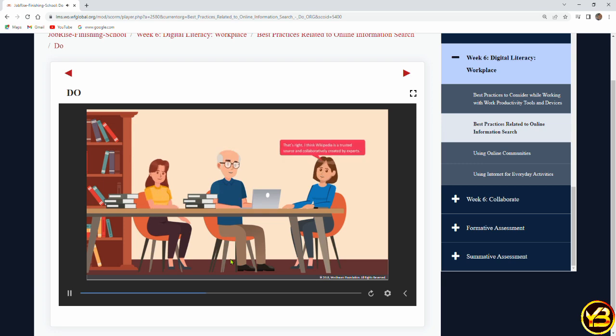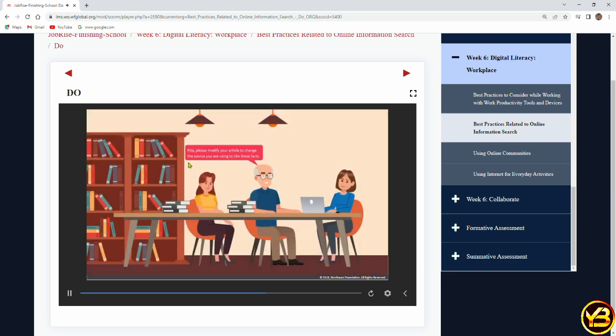That's right. I think Wikipedia is a trusted source and collaboratively created by experts. He does not seem happy with that and advises her to modify the source she is using to cite the facts in her article. Rita, please modify your article to change the source you are using to cite these facts.